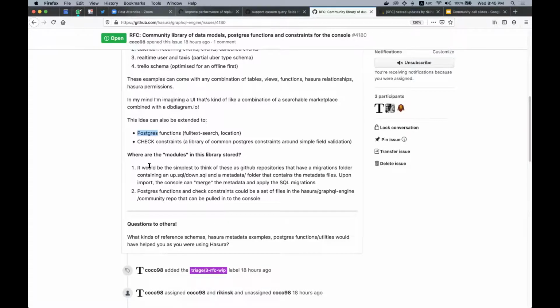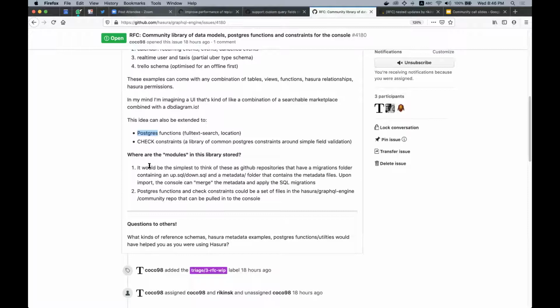Another way to bootstrap this library and make it available is via the Hasura GitHub repo itself, where we can have a JSON file or a folder inside the Hasura GraphQL engine repo, where people can contribute common check constraints, Postgres function examples, Postgres views, right? Things like that.